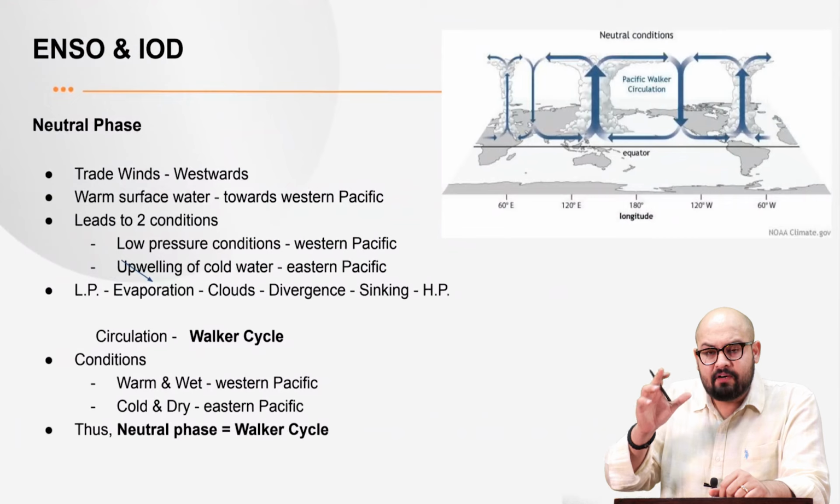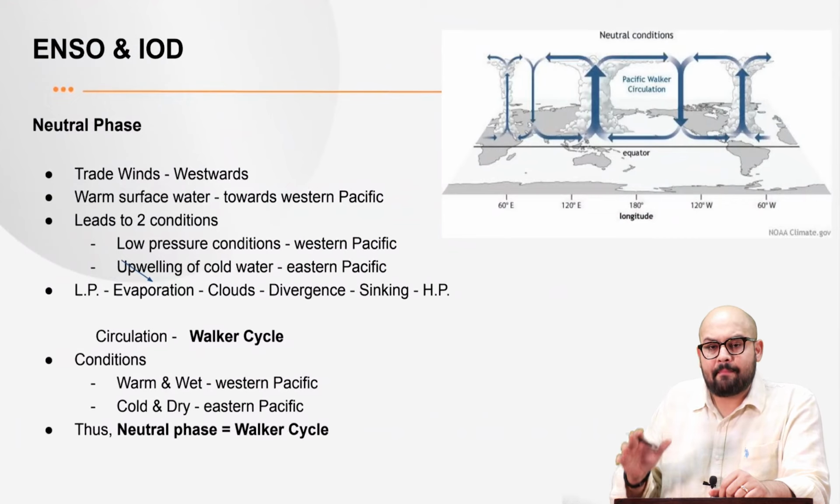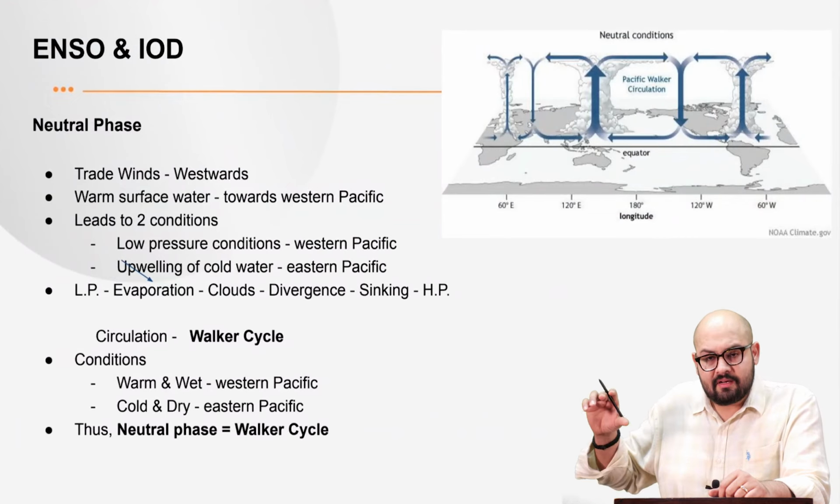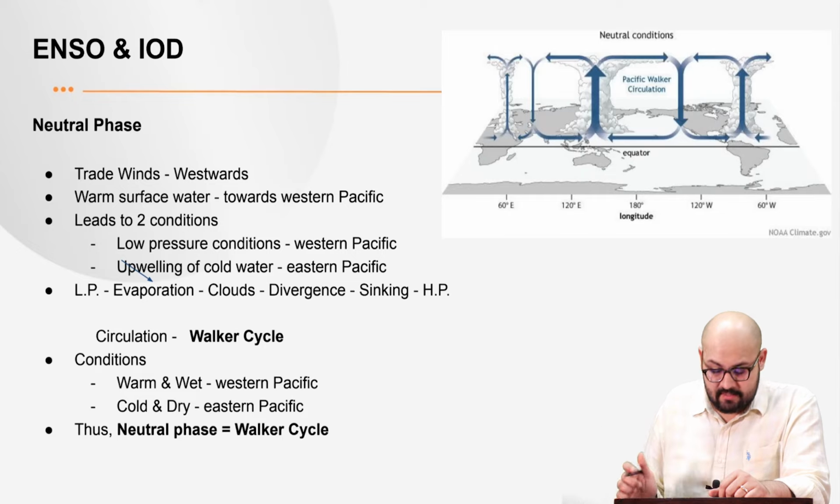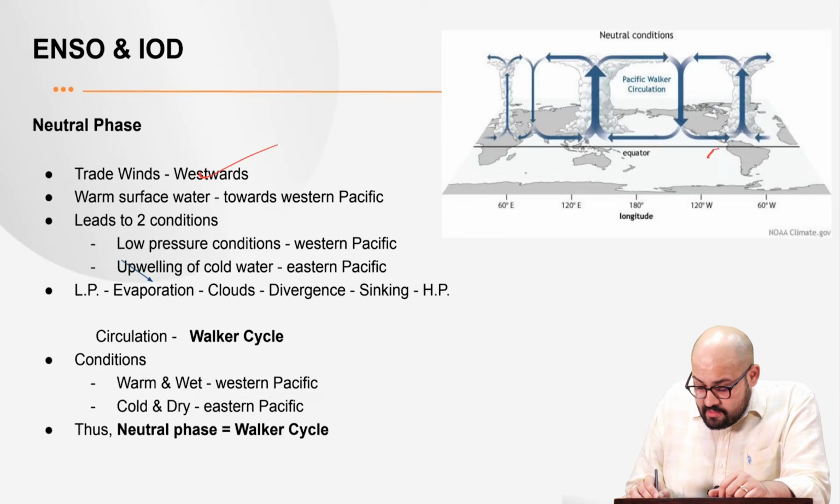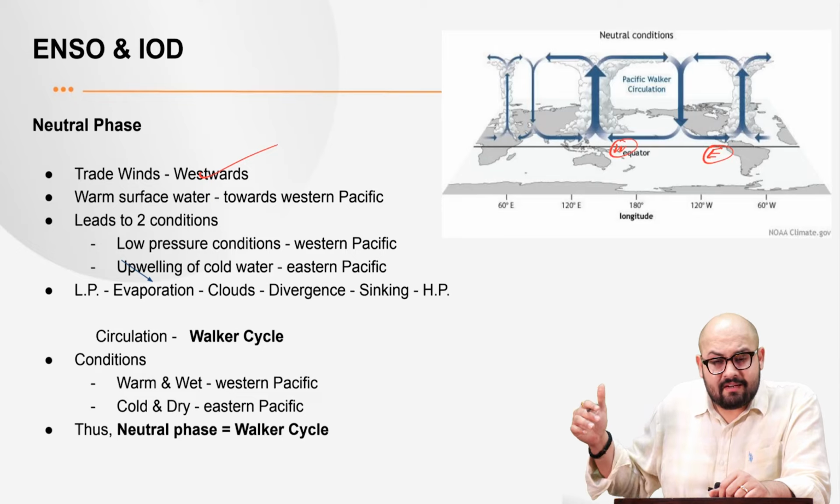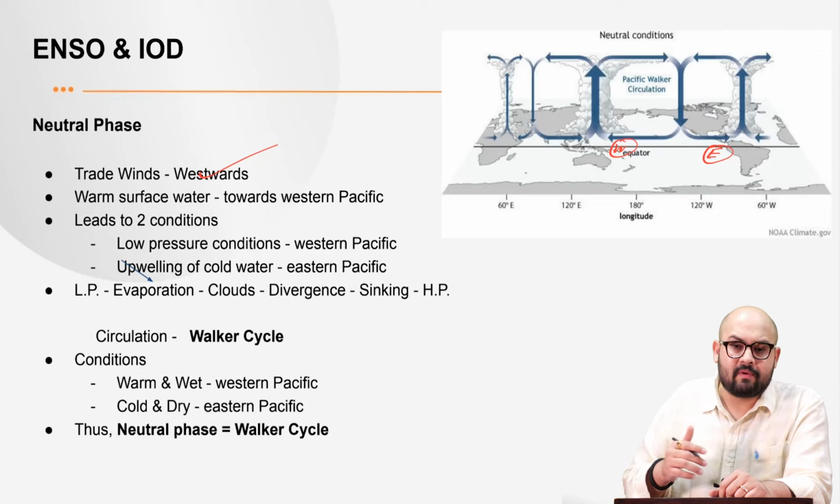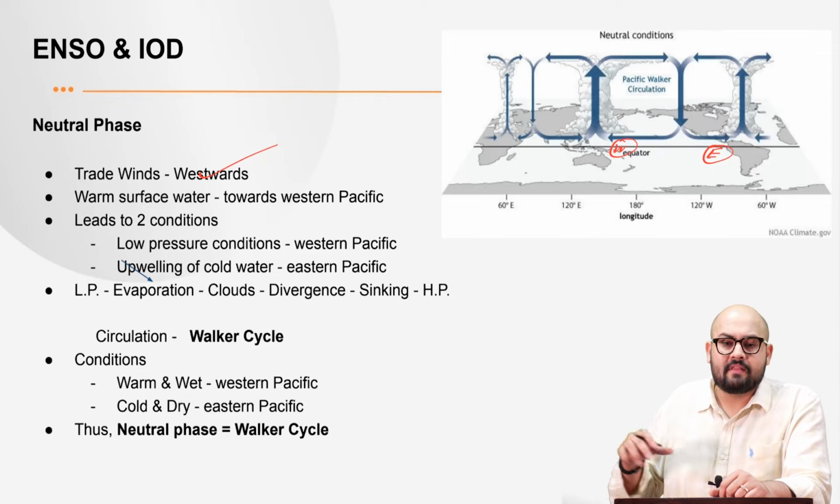Now, talking about the first phase, that is a neutral phase. See, what happens is that we have got the general movement of trade winds towards the west. That is, trade winds are moving westwards. Now, once you have this eastern side of the Pacific, and here you have the western side of the Pacific. Now, once the trade winds move from east towards the west, they also drive with them the surface water, and